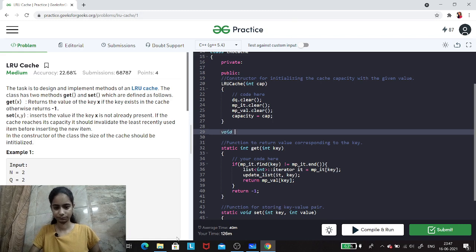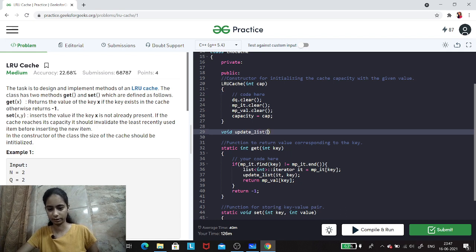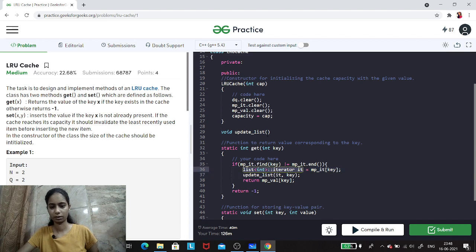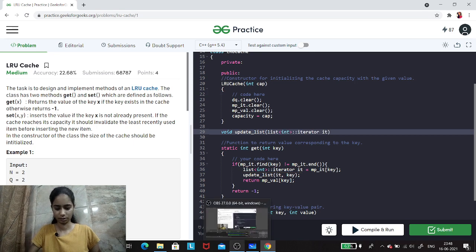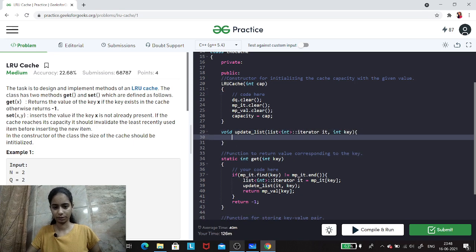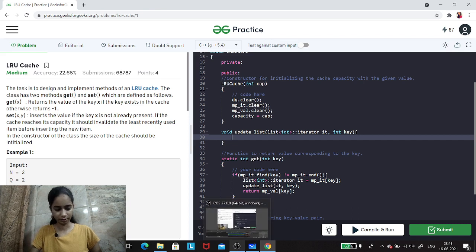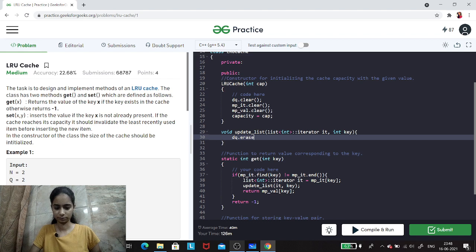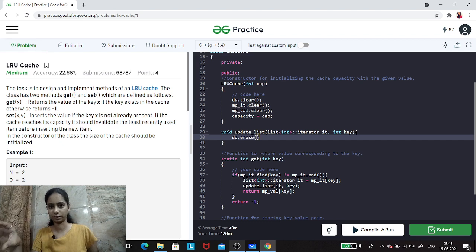So in the update list, we'll get an iterator and also a key here. What we need to do in update is, firstly I need to erase it if the element is already present in the list.